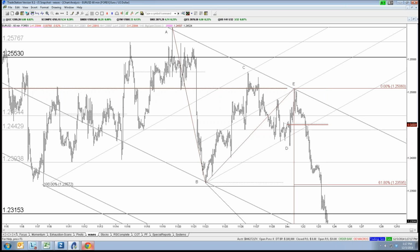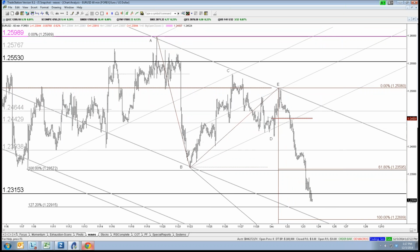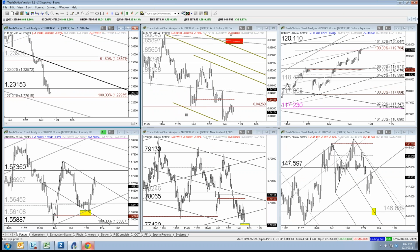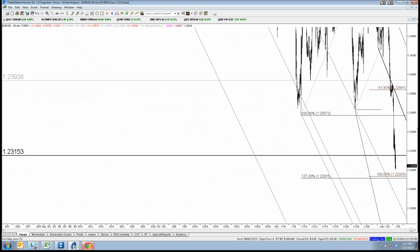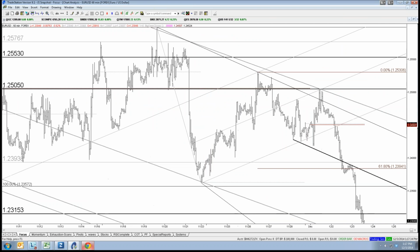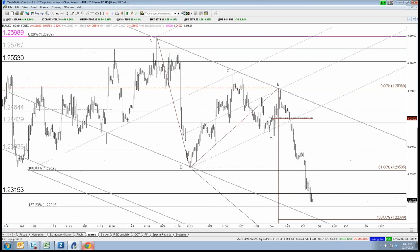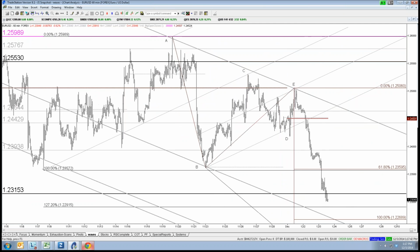This, so far, is 3 waves down. We might be having a diagonal unfolding right now, okay? So this is a new chart that I was working with for tonight's update. So the question is, from here, what's the most likely path? Well, we already have